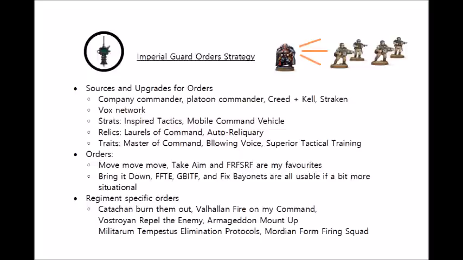This is the one that allows your guardsmen to shoot even if they fell back this turn, and this was particularly punishing in early 8th, when virtually no models in the game could do this, and made combating Imperial Guard infantry a really quite thorny prospect, even if you managed to tag them in close combat. Again, this is very good for getting a little bit of extra firepower out of a squad that wouldn't be